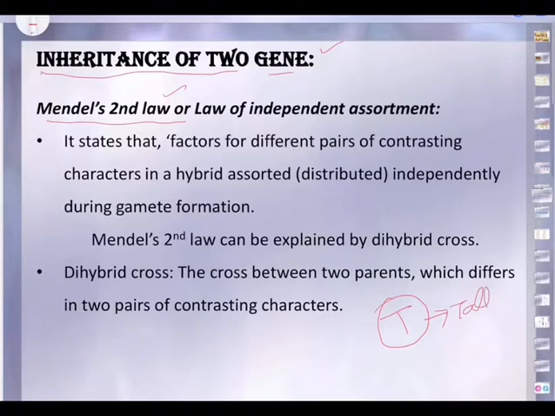The first law we discussed in the monohybrid cross is the law of dominance, wherein, remember, we said capital T for tallness. Presence of this capital T will make the organism tall. A pair of alleles like capital T, capital T is pure tall. Similarly, the tallness will come even if it is a heterozygous allelic combination. Still, it is as tall as pure tall. That is because of the presence of the dominant gene capital T. That is the law of dominance.